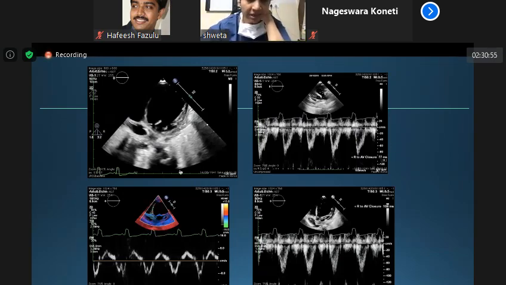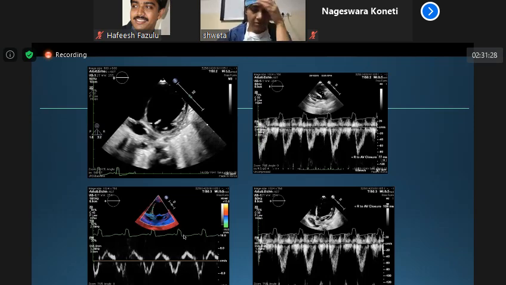Ma'am, there is a ventricular dysfunction. LV is dilated with severe ventricular dysfunction. Then, if we see the tissue Dopplers that we have taken, the E wave is small as compared to A. So there is some amount of diastolic dysfunction. Very good. And here, there is almost equalization of E and A. So maybe it is stage 1 of diastolic dysfunction. So there is a diastolic dysfunction.